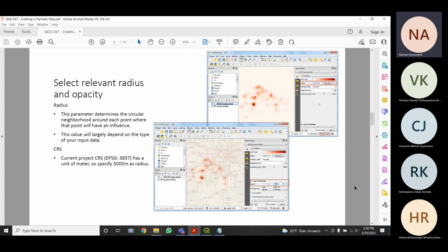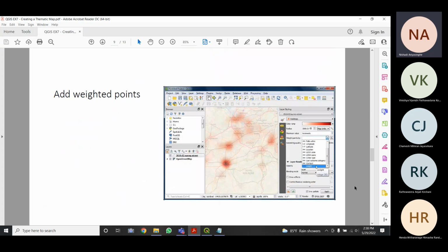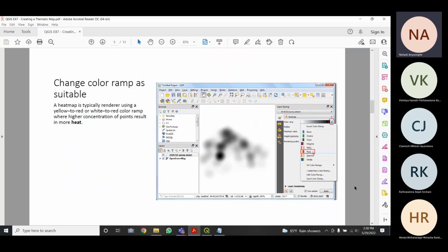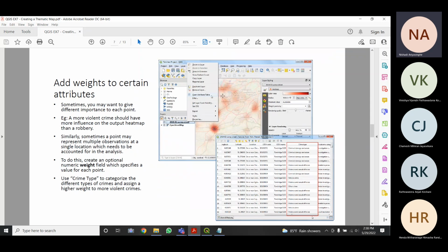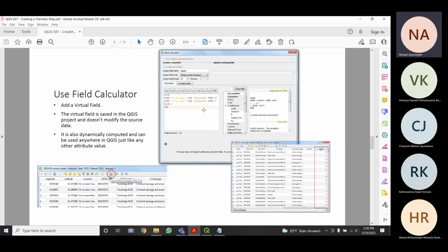So I'm going to give you a little bit of time. I think we did up to this point, right? So you can start from applying weights to your attribute table. And when you are applying weights, you can use any way that you want to apply weights.